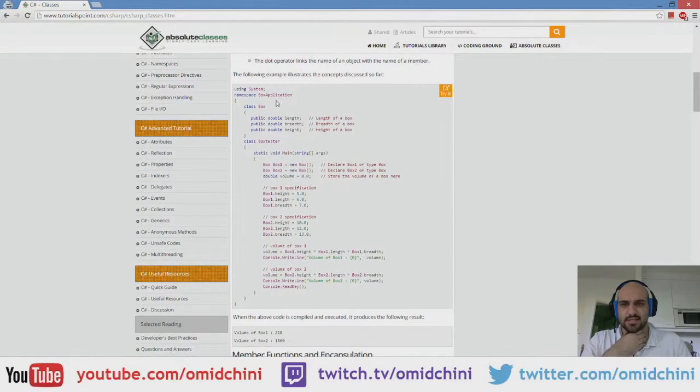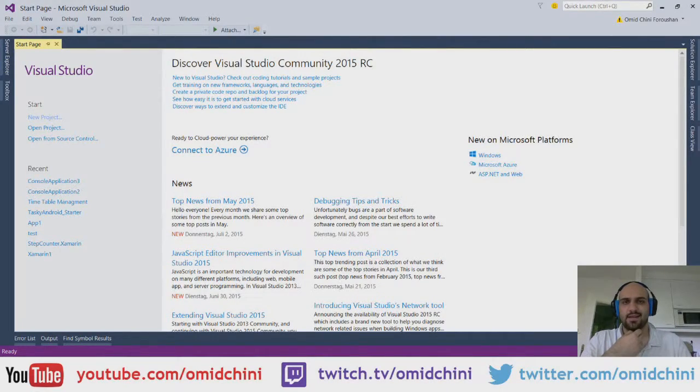And here's an example of it. I have a class box. There are 3 things in it: length, breadth, and height. And I have box tester. Then I can create some instances, give values to those instances, and also manipulate them, say the volume and everything about it. So in order to do that, I said I want to create a car,